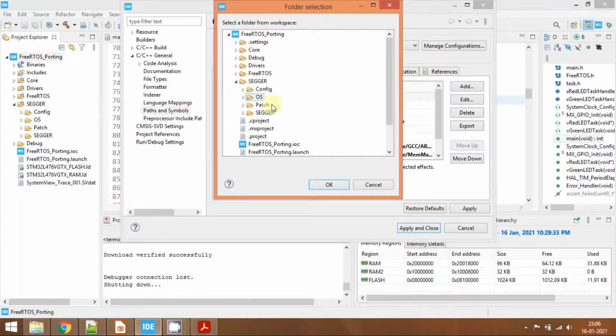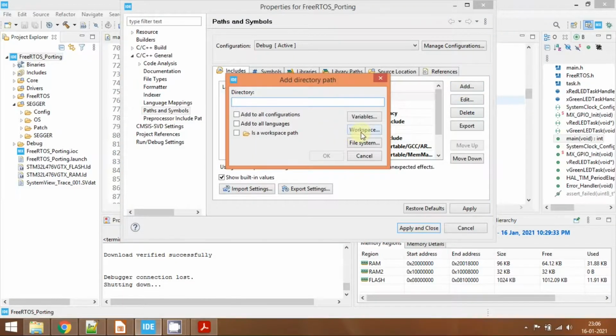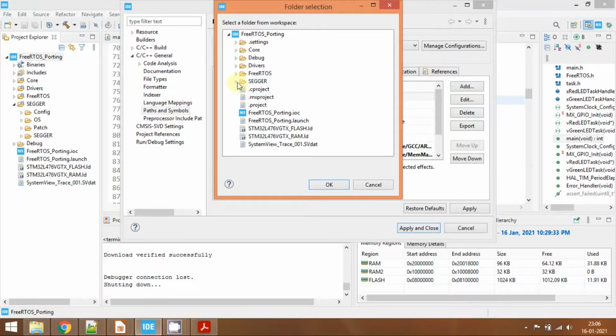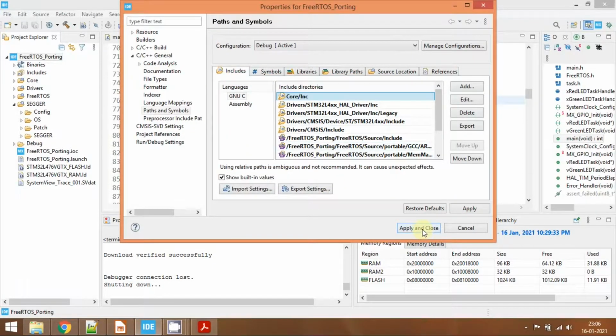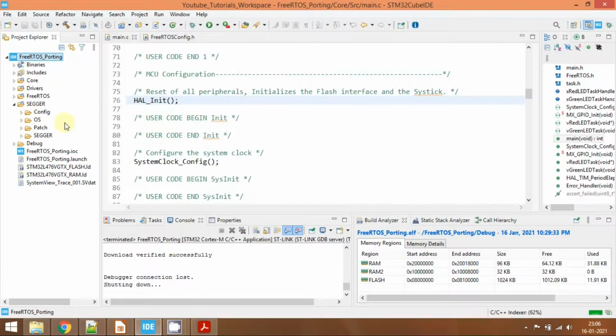Go to Sager and for the OS also, and also add the path to the Sager folder. Now apply and close the window. So now we have successfully added the path to the folder.